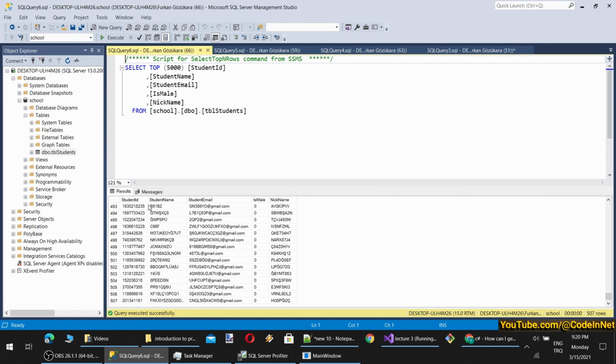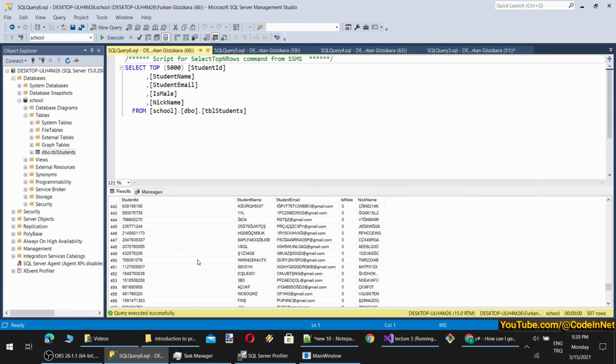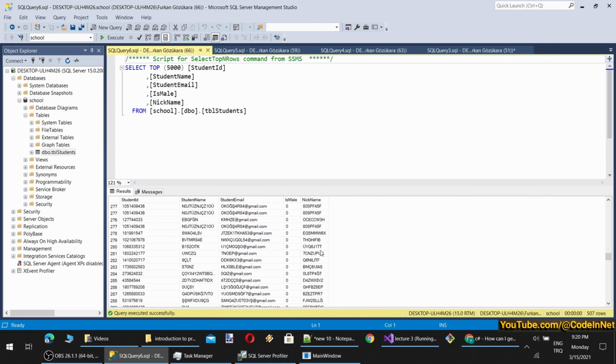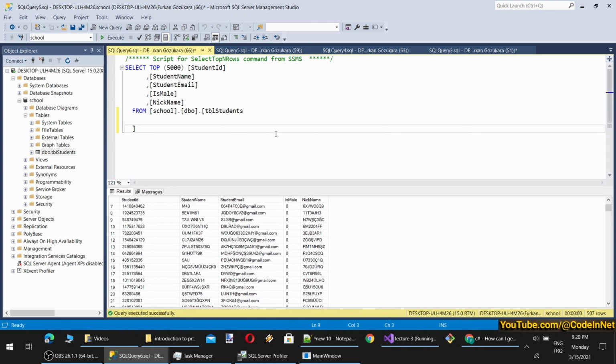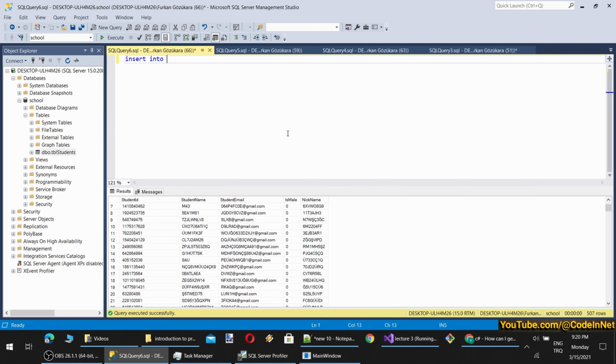However, normally we would expect it to have all different student IDs, but we are not doing that check right now. We are just learning how to do SQL commands. So this was the insert command. I would suggest you write the command here first and test if it is working, such as insert into TBR students, the column names, student ID, student name, student email, nickname, then values.